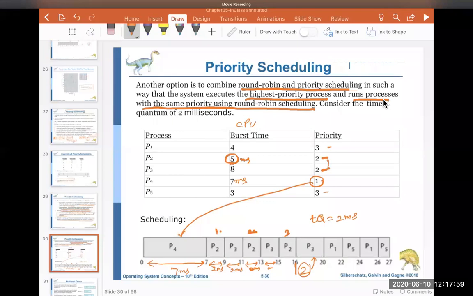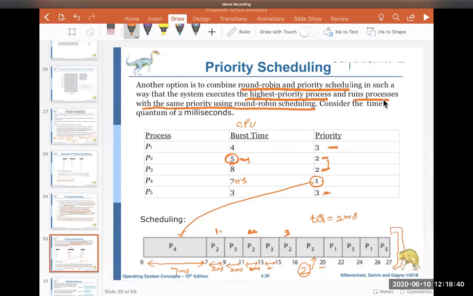Now from 16 to 20, this is 16 here. From 16 to 20, only P3 is running. Why? Because now it has the highest priority in the queue. Then after that, what would happen is basically P1 would start. Now P1 has the priority of 3, and then P5 has a priority of 3. So P1 would start executing, and so on. This will happen. So this is how the queue would actually be created, and this is how your jobs will